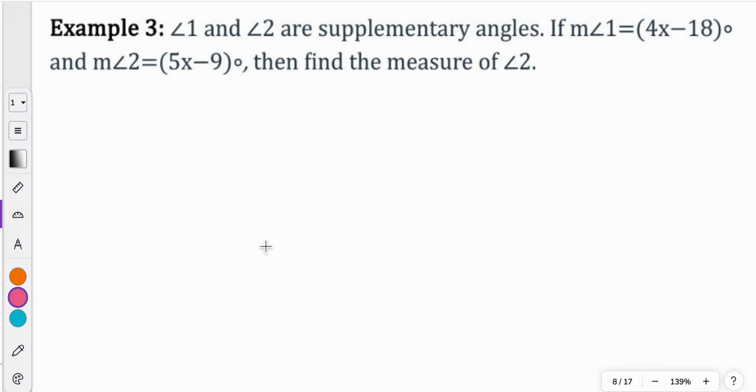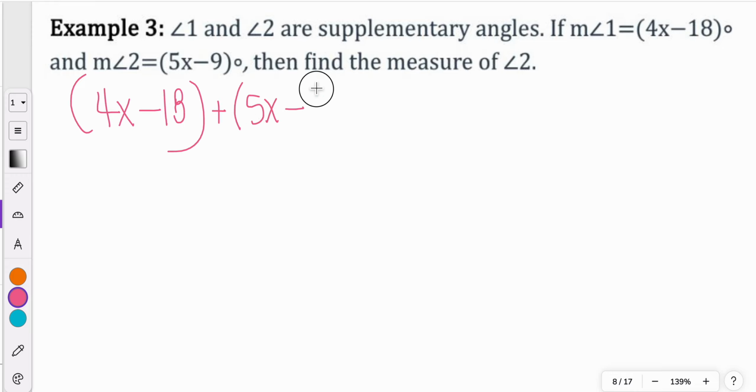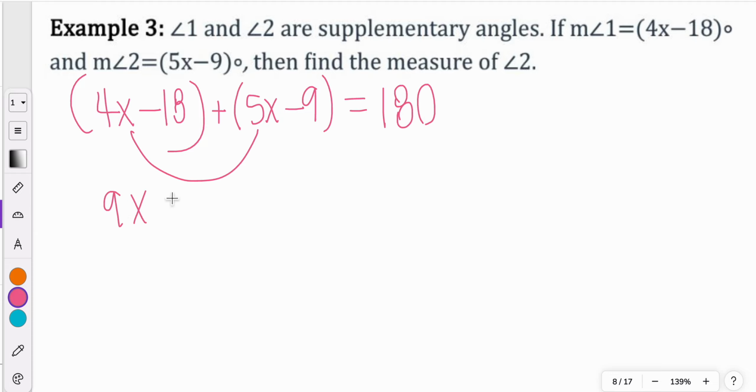It says angles 1 and 2 are supplementary angles. If the measure of angle 1 is 4x minus 18 and the measure of angle 2 is 5x minus 9, then what could be the measure of angle 2? Well, we know supplementary angles can be added together and equal 180 degrees. So I'm going to write these two expressions and set them equal to 180. And I'm going to go ahead and combine some like terms. So I got 9x minus 27